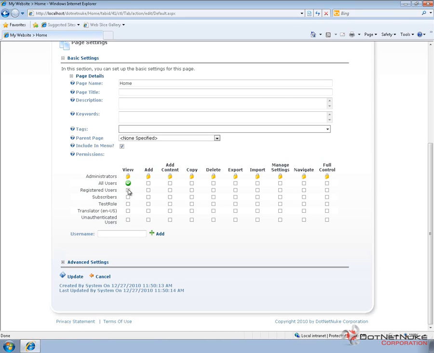Now with DotNetNuke Professional, you have the ability to more granularly control the page permissions, so we can control which users or which roles can add pages underneath of this page, which roles can add content or add modules and edit the modules on this page, which users can copy from this page, which users can delete, export, or import from this page, who can manage the page settings, and then who can actually see this link